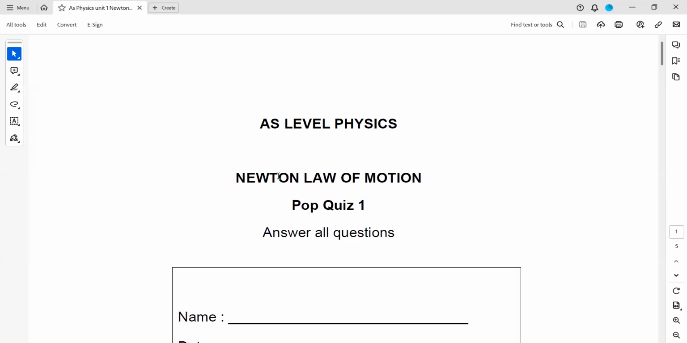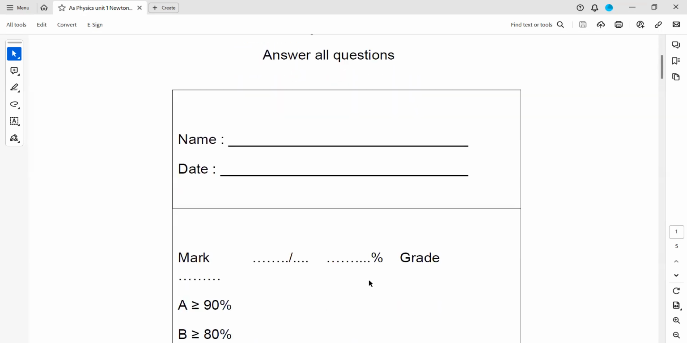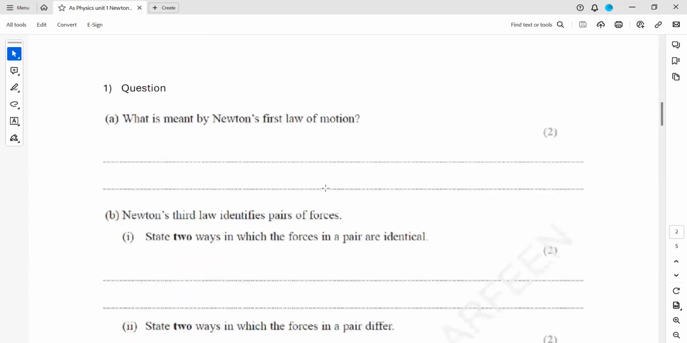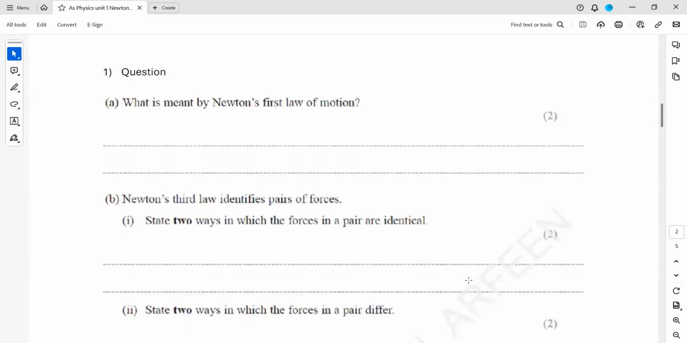This was a pop quiz one, which was related to Newton's laws of motion. So in the first question, what is meant by Newton's first law? So how do we define the first law? The first law is also known as the law of inertia, that